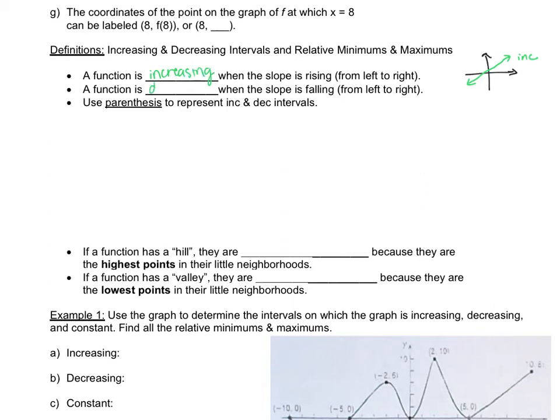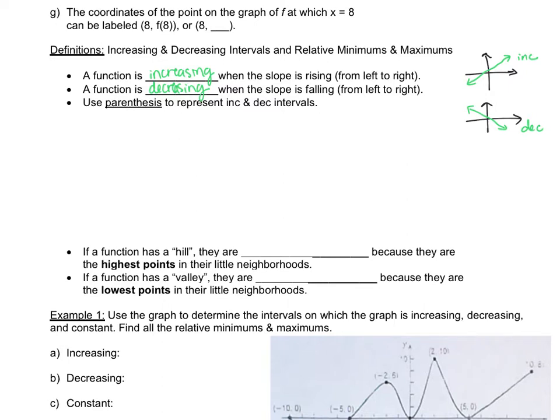And decreasing, so when the function is decreasing, oops, I forgot my A in there. That is when you have a function that's the opposite. When you're going from left to right, it is going downwards. So this is what we call decreasing. And so this is really important when we're looking at functions, to identify what part is decreasing and increasing